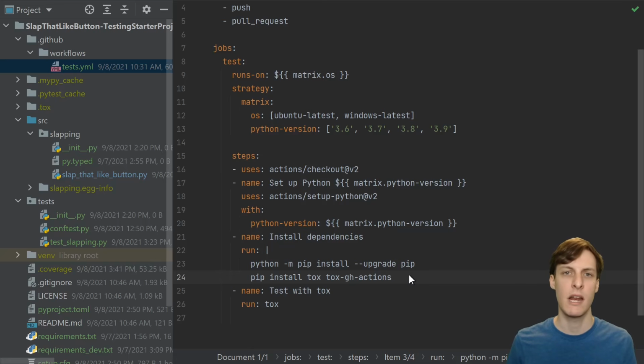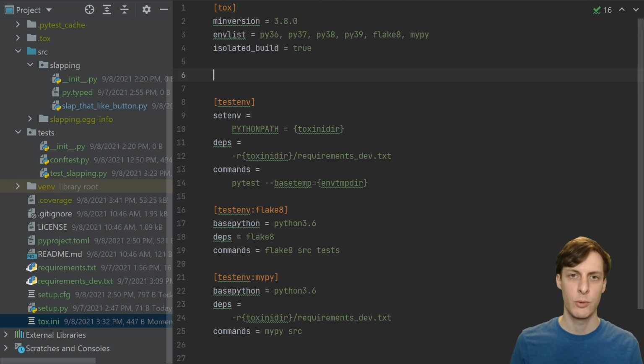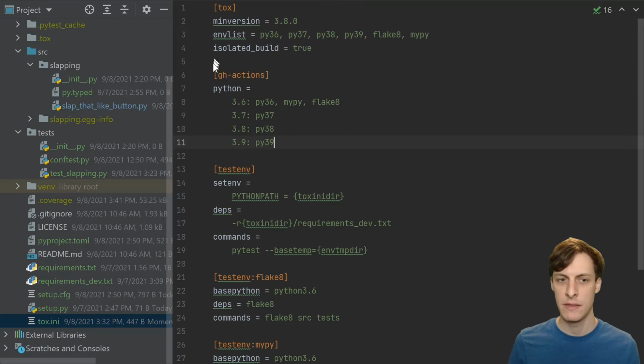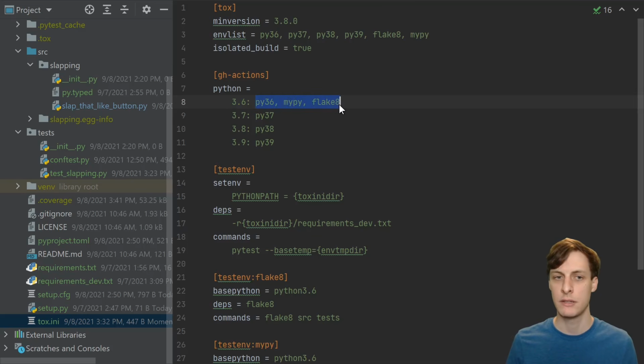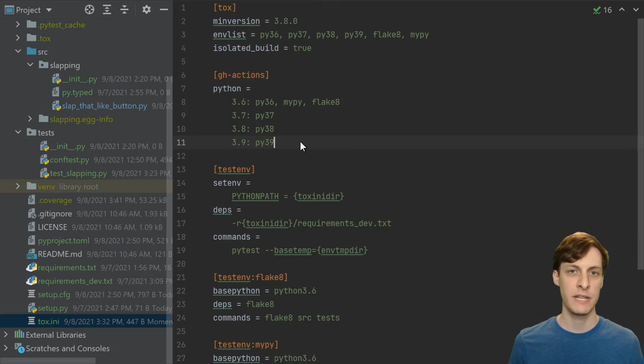Basically, you just have to give GitHub a way to correspond your Tox environments with the GitHub environments. So we go back to our tox.ini file and then add this section specific to GitHub Actions. All you have to do is list out the names of the GitHub Python version and what Tox environments that corresponds to. So for GitHub 3.6, we want to run our py36 and our flake8 and mypy. And 3.7, we just do the py37, 3.8, py38, 3.9, py39. And hopefully, if I haven't made any typos, then everything should be set up. Let's go ahead and commit our code and try a push.